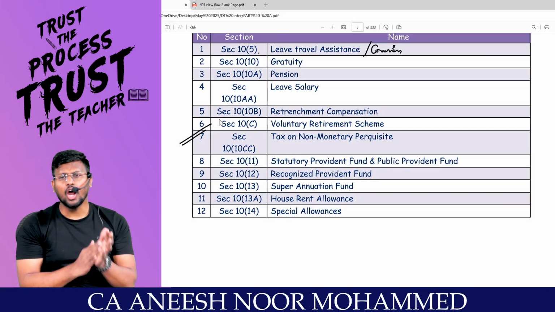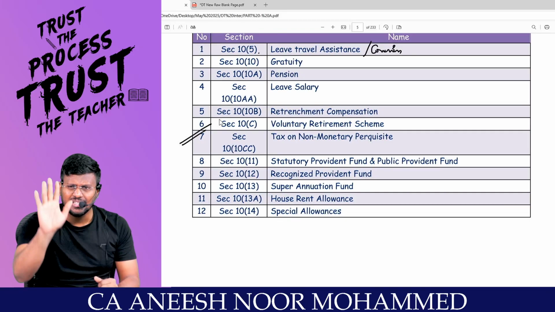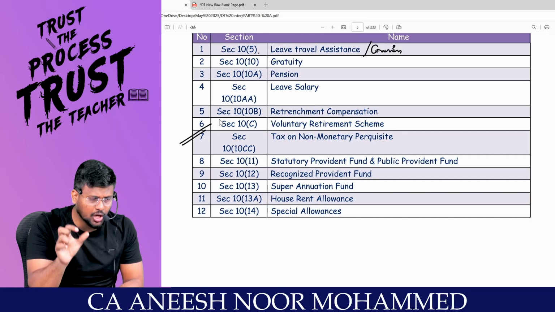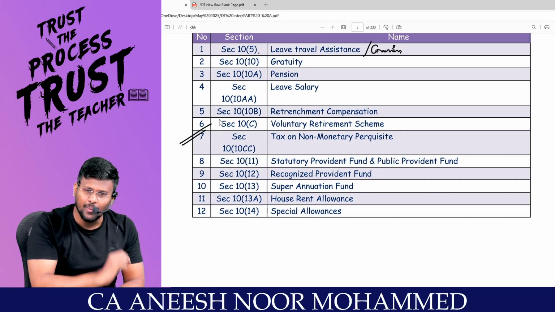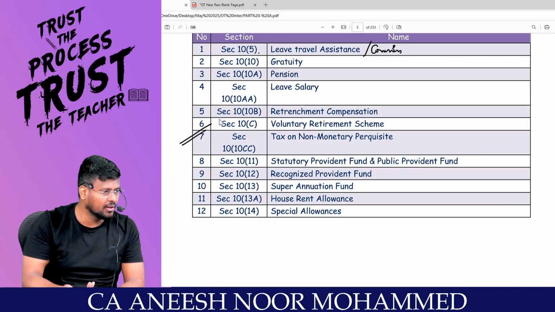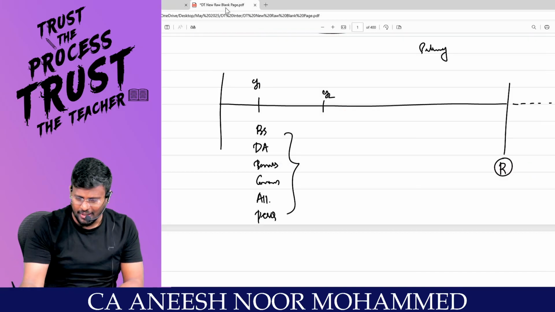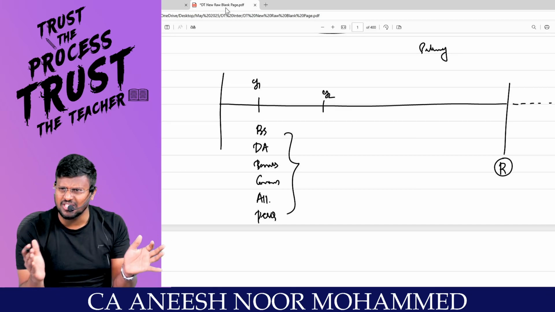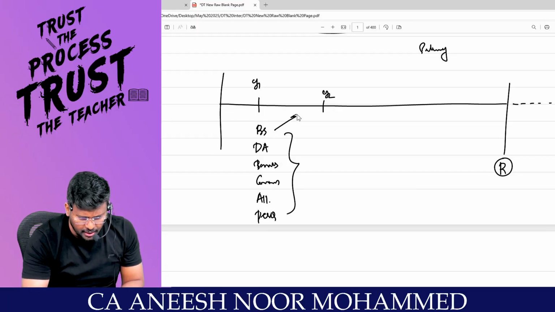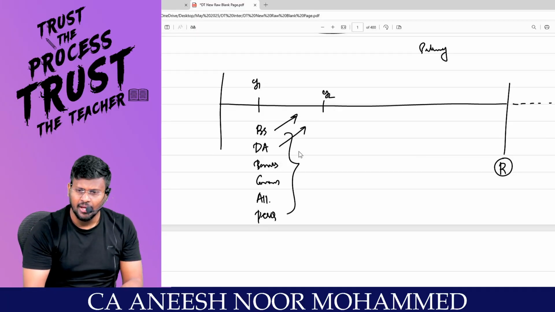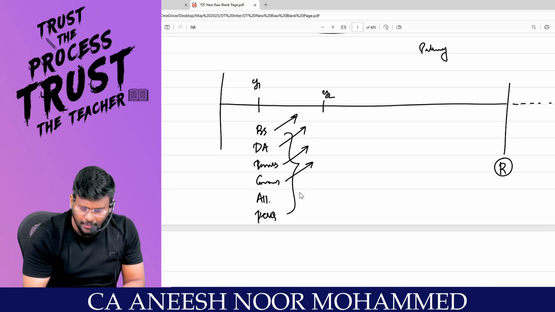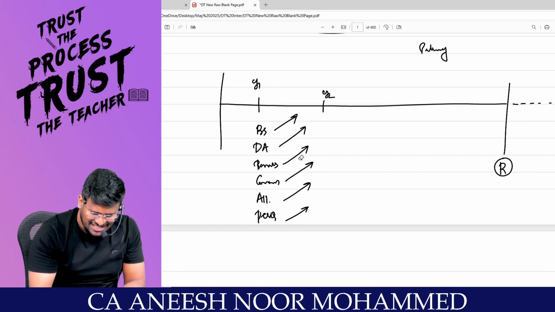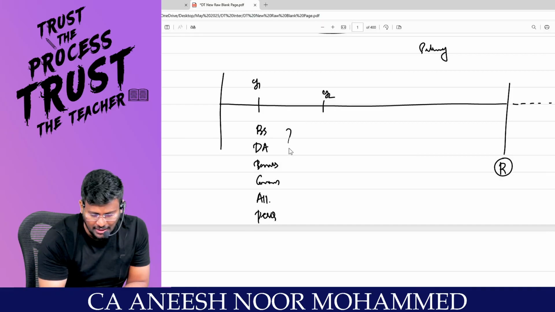Sir, the chapter on salary is classified into 5 categories. Are you remembering? Number 1, basics. Number 2, exemptions or retirement benefits. Number 3, allowances. Number 4, perquisites. Number 5, deductions. Just listen to what I am saying. During your working time, you will be working from 25 years to 60 or 65 years. Every year you will be getting basic salary, DA, bonus, commission, allowances and perquisites. What are these allowances? What are these perquisites? That is what the next discussion is all about.